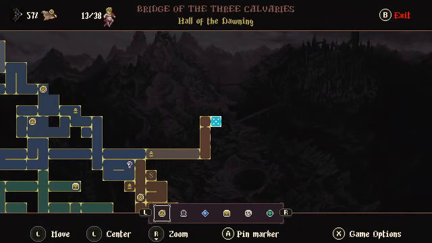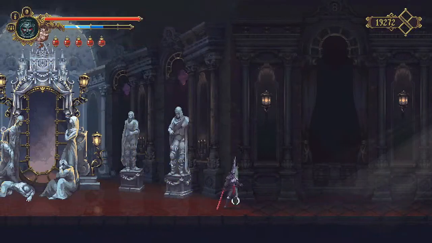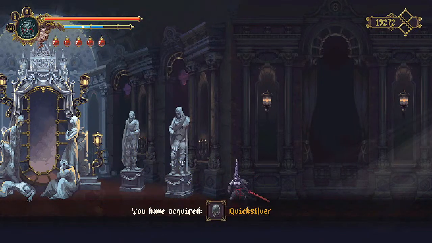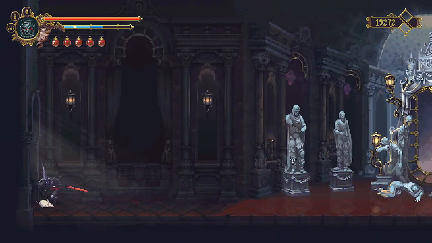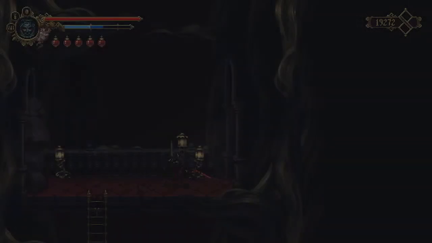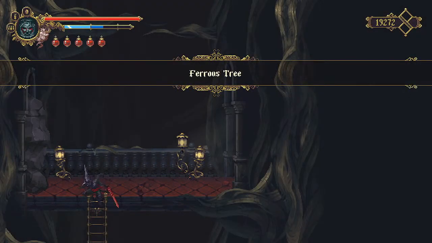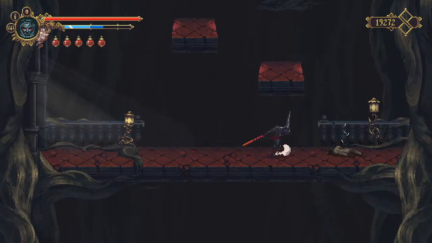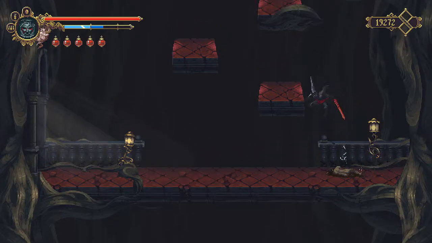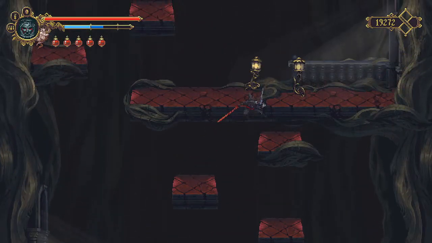But it is in the Bridge of the Three Cavalries past the Ezra's boss fight. And it's called the Hall of Dawning. So you can obtain this item here. It's just more Quicksilver, which we can use to upgrade our bio flasks. And at this point in time, if we were to have a means to upgrade our items, we could definitely go or warp to Albaro. We could, but,